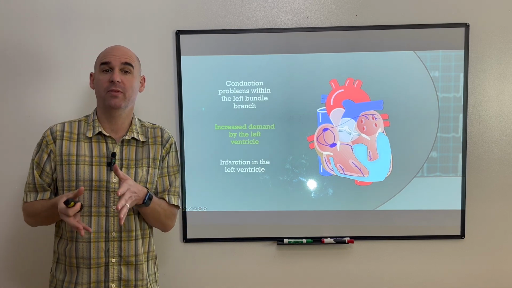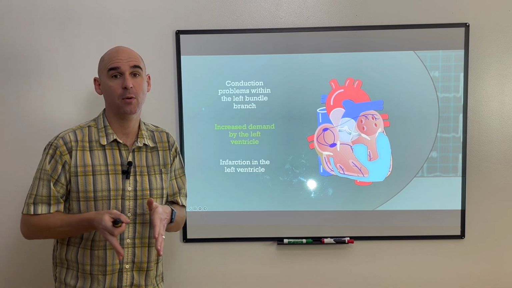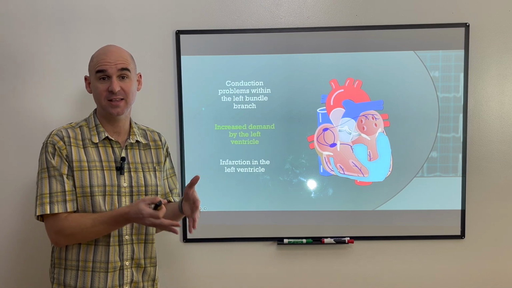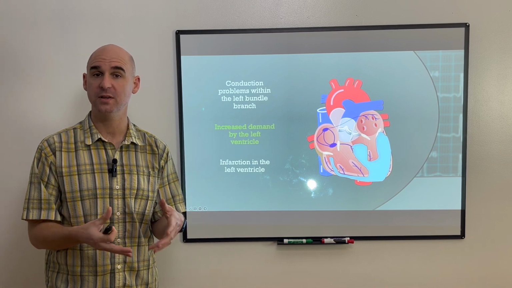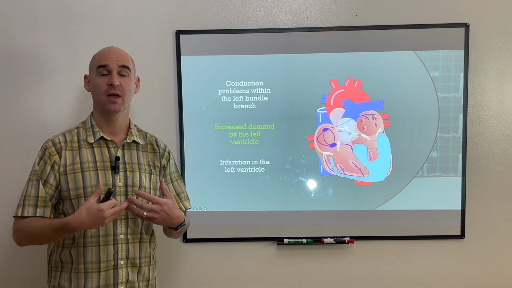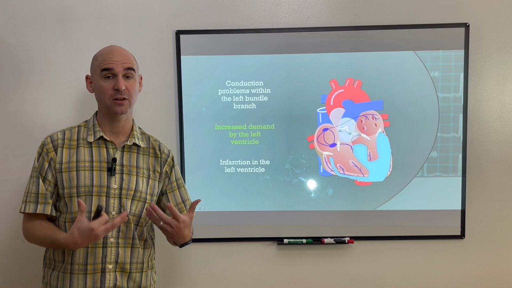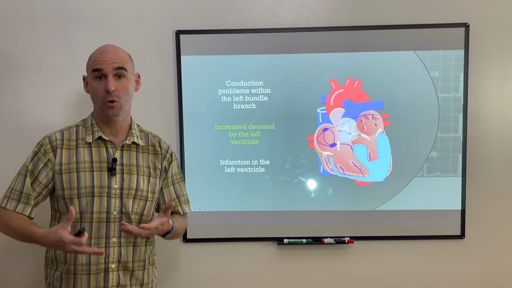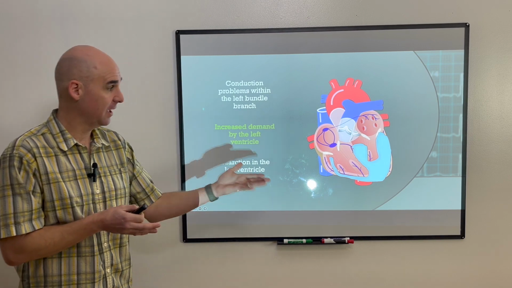And that is then going to take what was normally our average direction, and move it more toward the left side, because simply, there are more cells now on the left side than there were in a normal trophic heart. When we see patients who have left ventricular hypertrophy or have increased demand on that left side, that is going to take the average direction and shift it more toward the left,